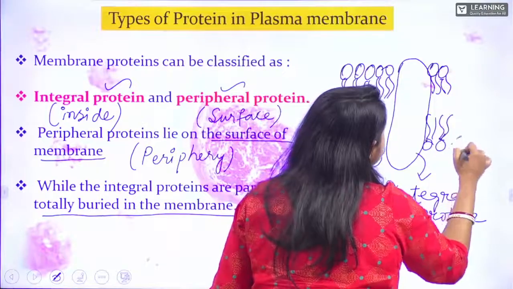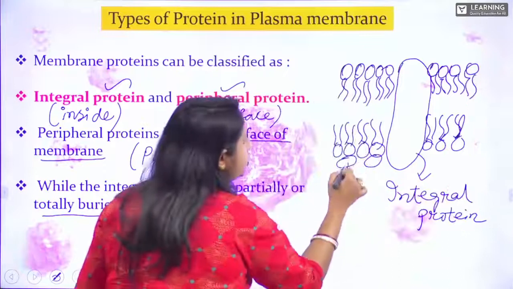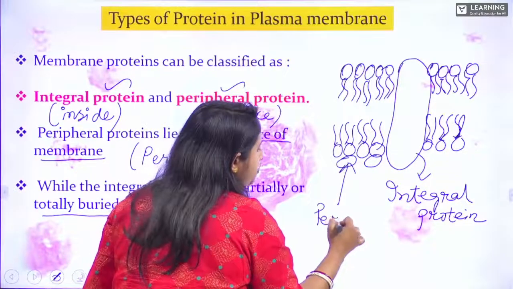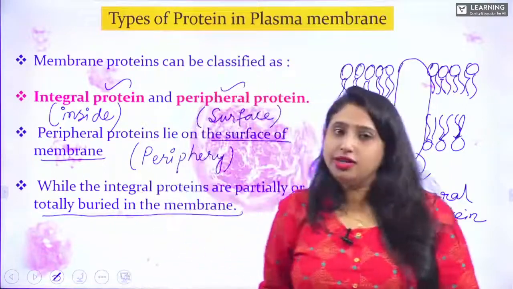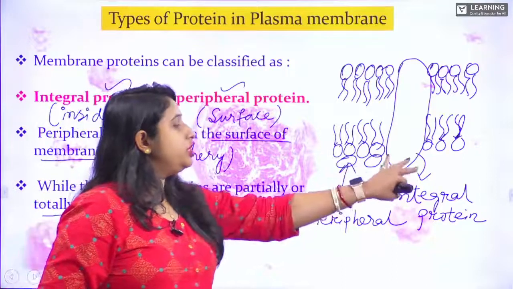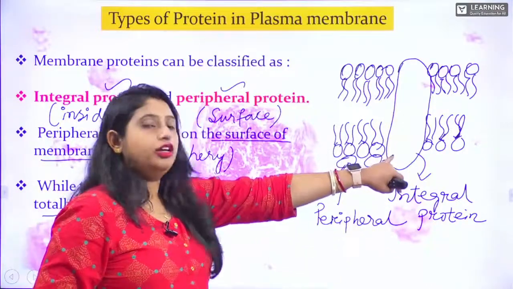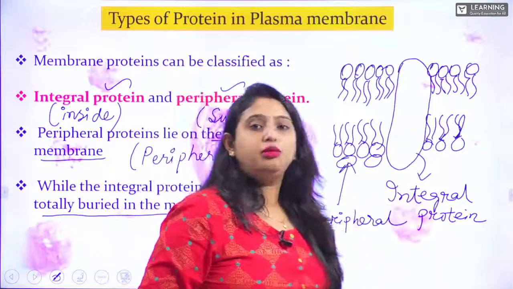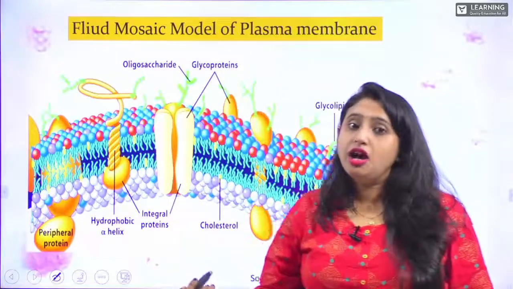These are known as the peripheral proteins, which are lying towards the surface, isn't it? So the plasma membrane consists of two types of protein, integral protein and the peripheral protein. The integral protein is totally buried inside the plasma membrane, and the peripheral protein is lying towards the periphery,